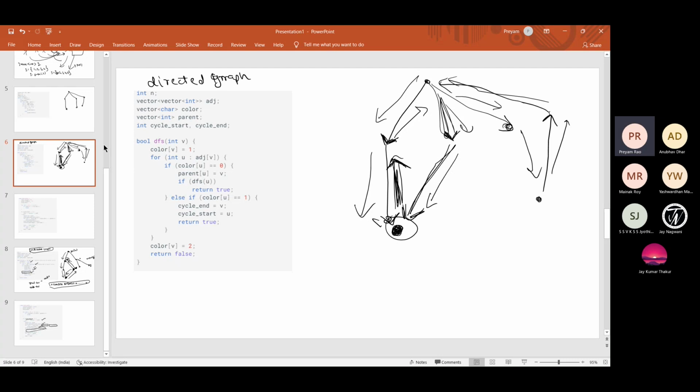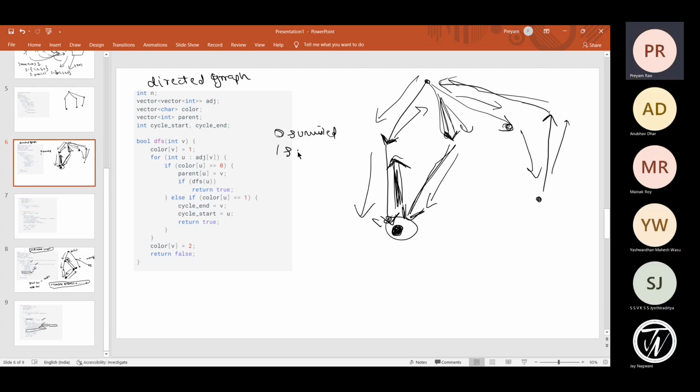So it's a little more complicated, but instead of two colors, we have three colors. 0 would say unvisited, 1 would be visited but not backtracked. Instead of thinking of backtrack, you can also think of it being in the recursion stack,